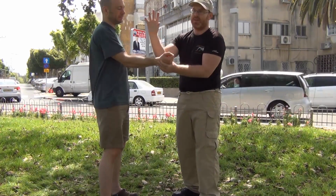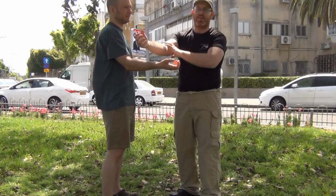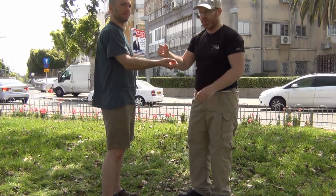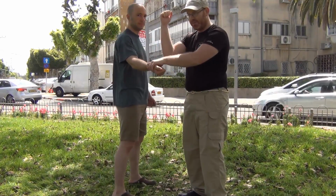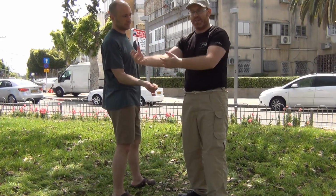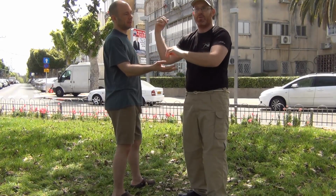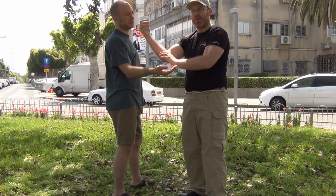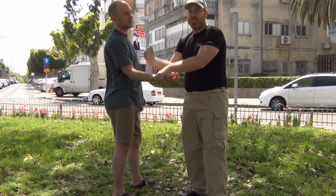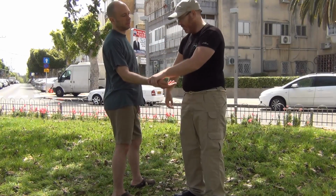If I'm relaxed, it means that my awareness is not just here, but also here. And also, you will feel the movement and the flow of the circulation through you. So if I'm here and I'm tapping with force on the hand, you see that it can also manifest in tension coming back to me. If I'm relaxing, I'm allowing the blood to flow better, and I'm allowing my elbow to continue to move. So from here, if I tap with force, not much interesting effect. If I'm relaxing the elbow more, see,